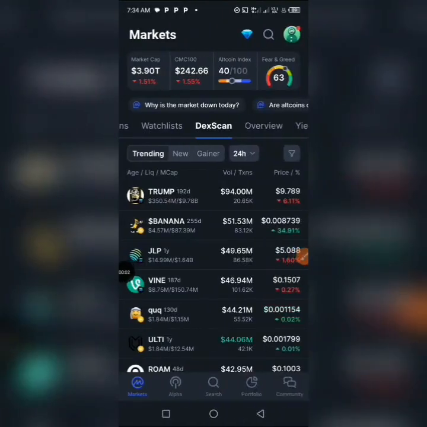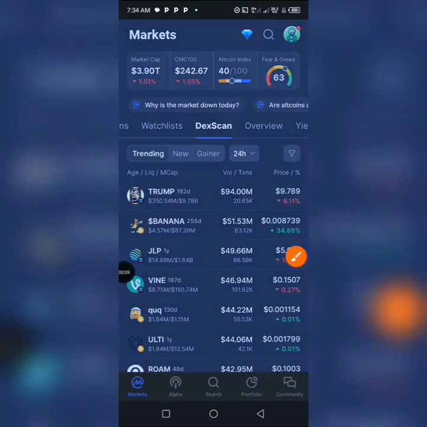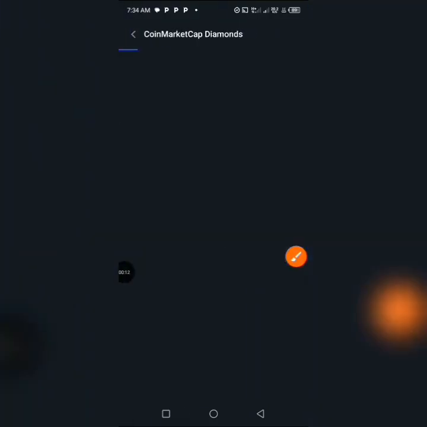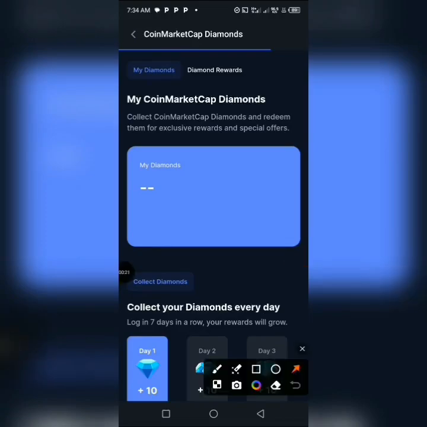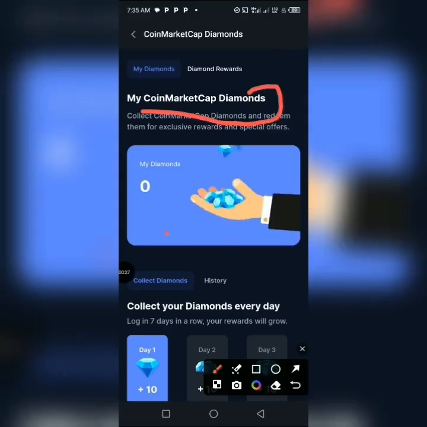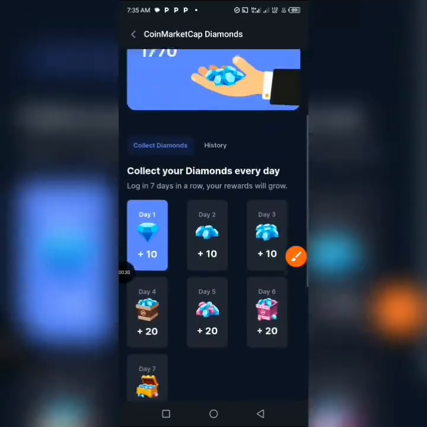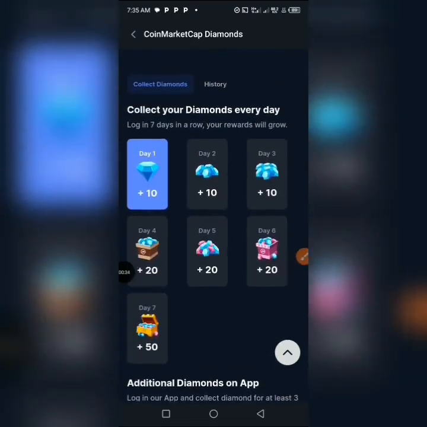So here is CoinMarketCap. In order for you to accumulate your gems, you have to click on this, and then it will take you to the next page. You have to just scroll down to where you have My CoinMarketCap Diamonds. Scroll down a little bit. All right, now you can see Collect your